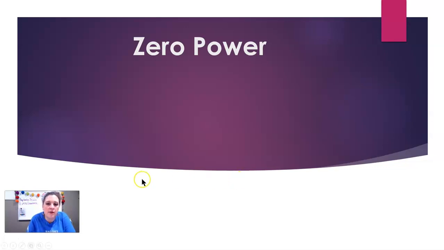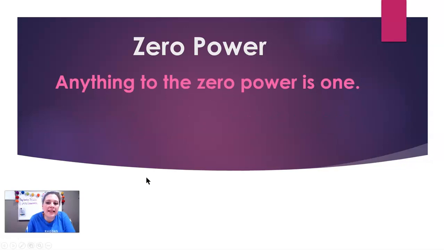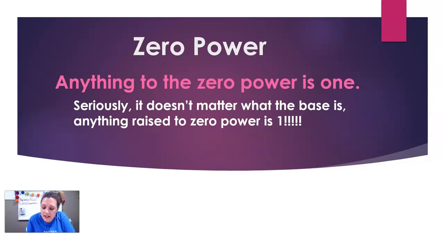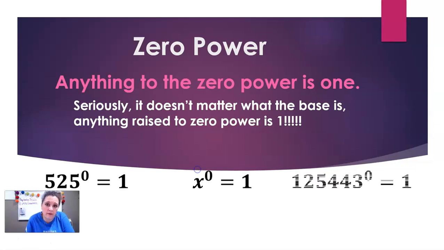When we talk about the zero power, what that means is anything to the zero power is 1. Yes. Seriously. It doesn't matter what the base is. Anything raised to the zero power is 1. So if I have 525 to the zero power, it's 1. X to the zero power equals 1. And this number,